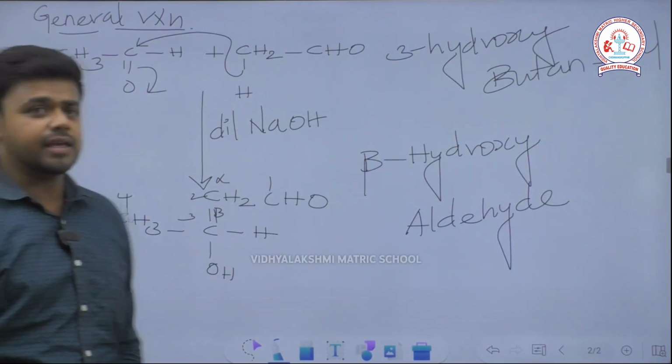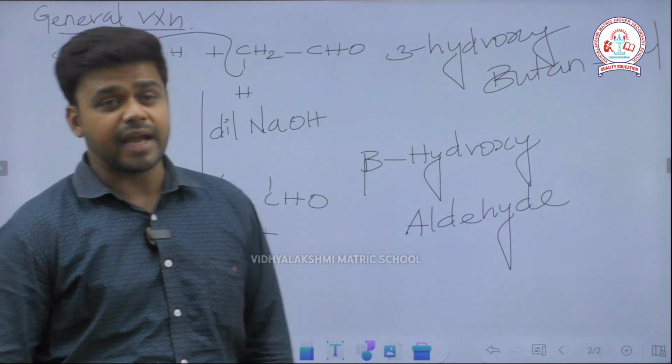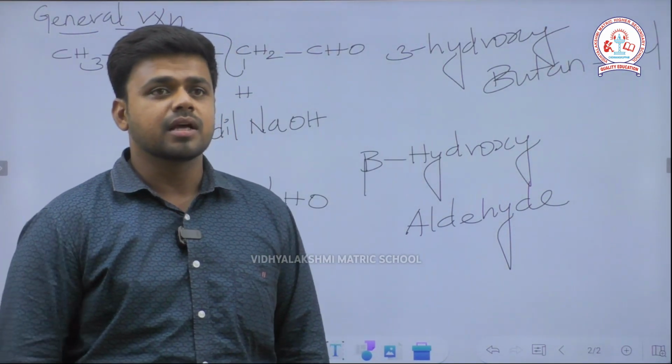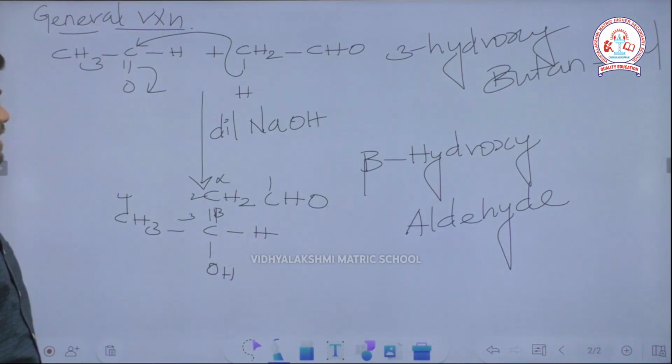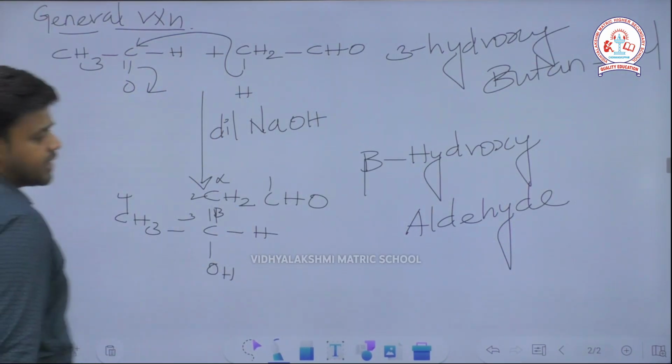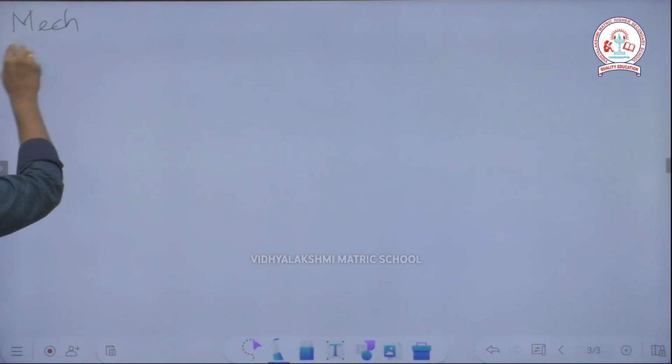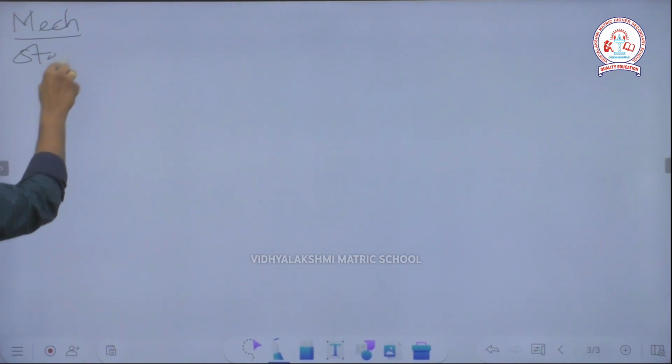As per our key, when this mechanism is asked in the 5-mark question, this general reaction carries 2 marks. So we must make sure that we are writing this general reaction properly. Then followed by this mechanism. The mechanism includes 4 different steps actually. The step 1 is